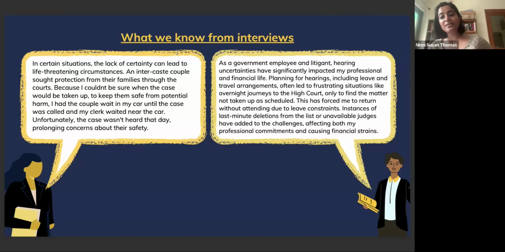And that meant that they lost the position of becoming a partner at a law firm. We also spoke to a lawyer in Rajasthan who told us about this lack of certainty having life-threatening implications,